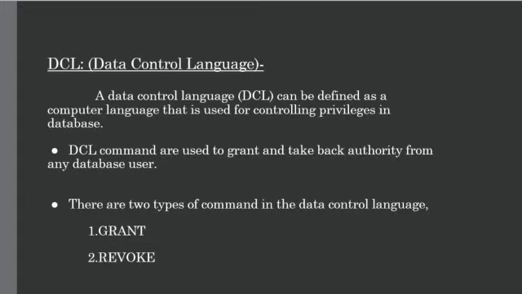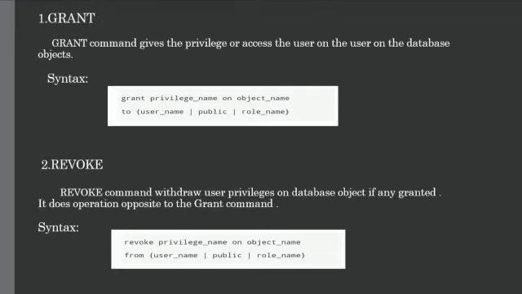The data control language controls access, meaning who has permission to view or modify the database. Then we see the commands used to control user access. Those are grant and revoke. Grant means granting permission to a user to access the database and revoke means revoking the permission. In short, grant is giving the permission and revoke is releasing it.